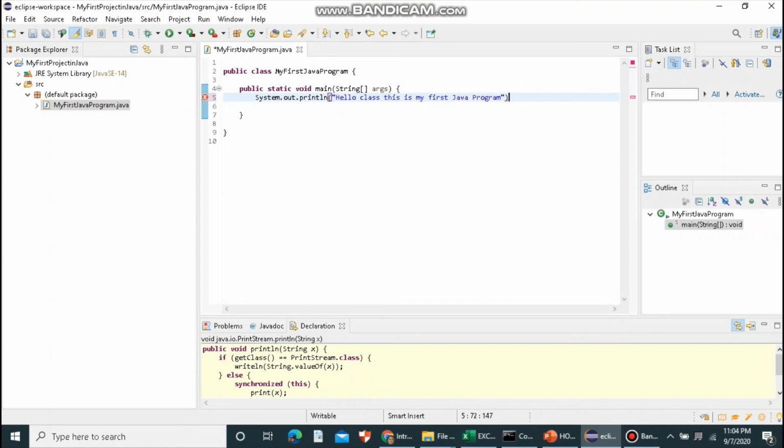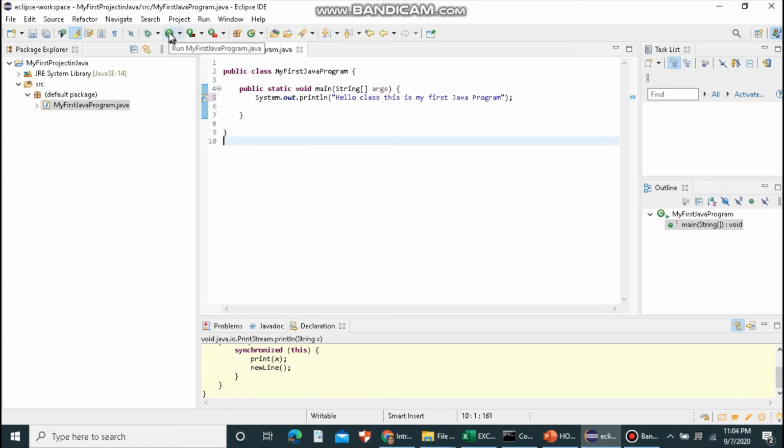Now if we're done with the message that we want to see as our output, we also type a semicolon to finish our code. It should always end with a semicolon. Now if we're done, we can click this play button to see our output here at the bottom. Okay, so let us click play,